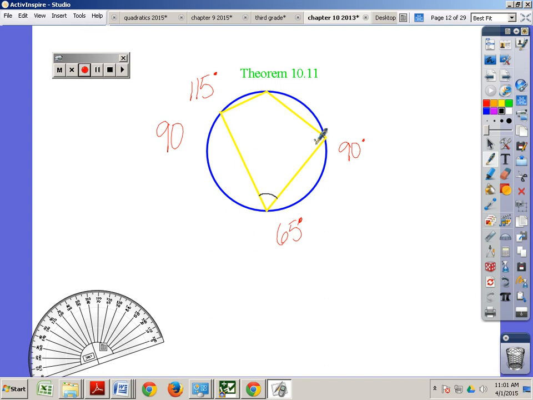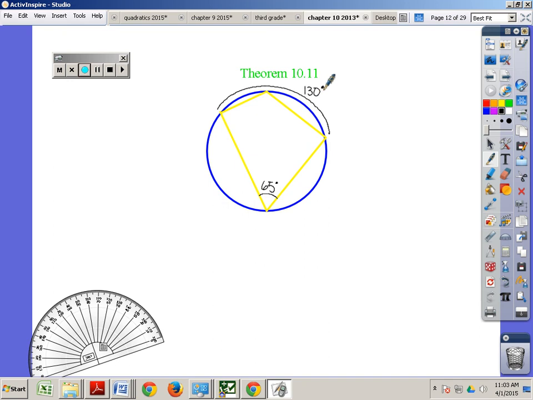So if this inscribed angle is 65 degrees, it means its intercepted arc has to be